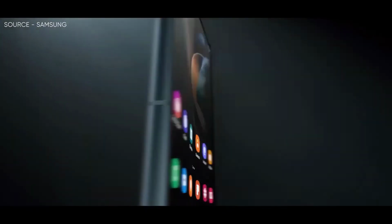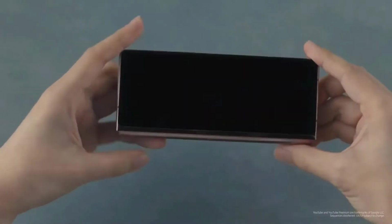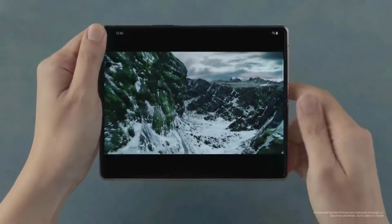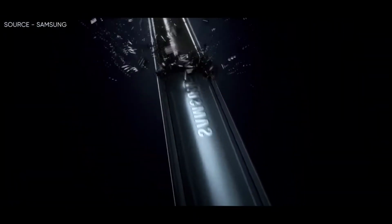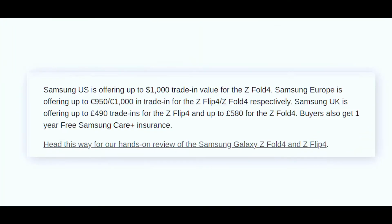Samsung's latest foldable phones recently got unveiled, and we've got a summary of how deep you'll need to reach to get each of them. Here is the pricing information for the brand new Samsung Galaxy Z Flip4 and Z Fold4 across the US and the UK, where pre-orders in all three regions are already open, while open sales will start on August 26th. Samsung US is offering up to $1,000 trade-in value for the Z Fold4, and Samsung Europe is